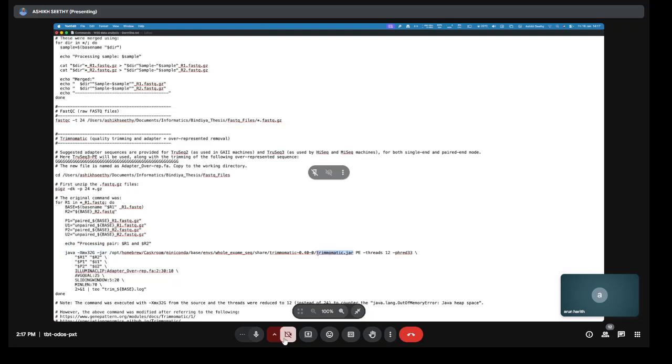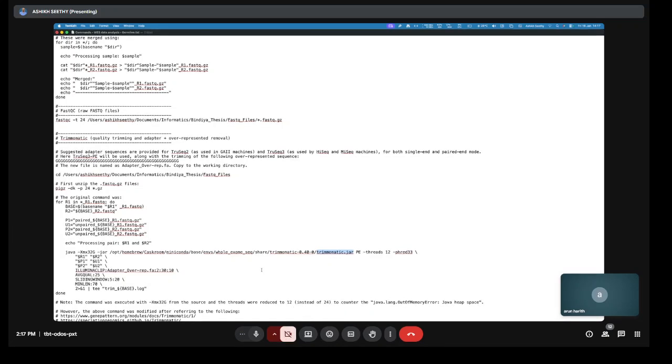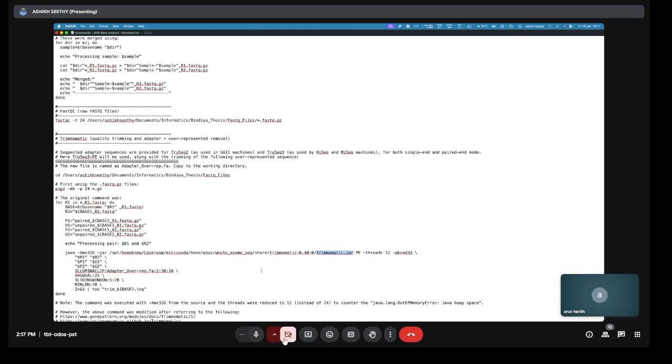Just like you have software installed in your computer, like Microsoft Word, to open a Word file, you can do open with Microsoft Word. Similarly here, I am telling the terminal that I'm going to execute this particular command called Trimmomatic. This is where it is located in my computer, which is why this is pretty long. This is the folder in which